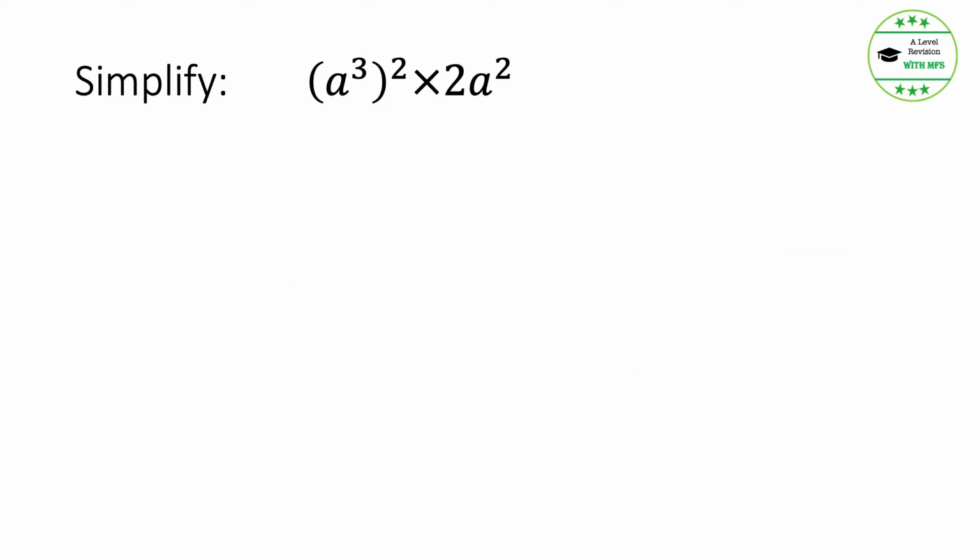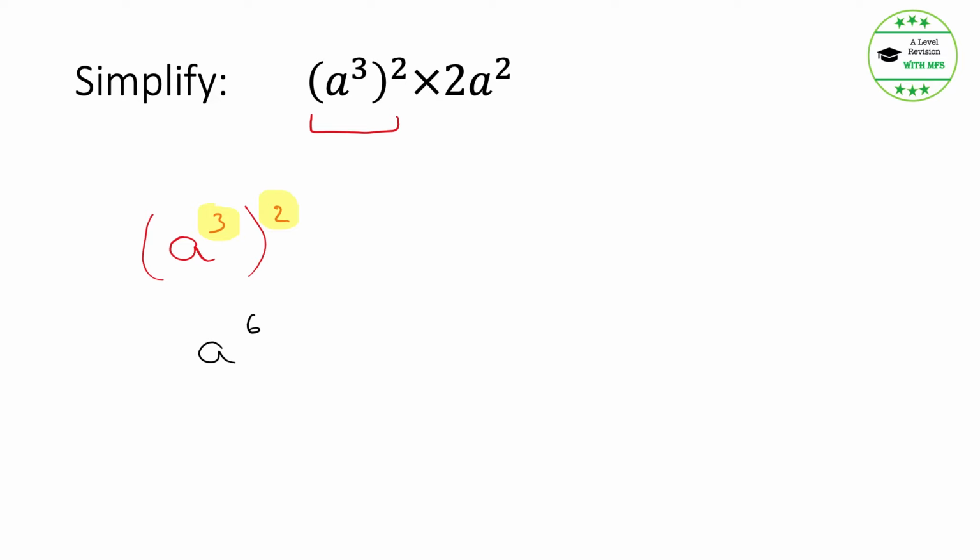Another question: simplify a cubed all to the squared multiplied by 2a squared. So an important indice rule, whenever we have something like this, let's deal with this first. So we've got a cubed all squared. Now as you can see from this, you have two exponents together, which means you can multiply them. Okay, so 3 multiplied by 2 is going to give us 6, so this will just be a to the